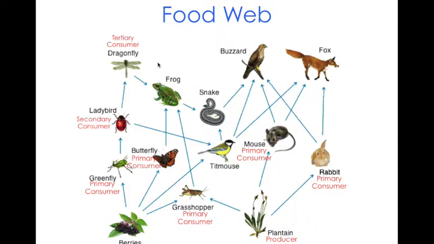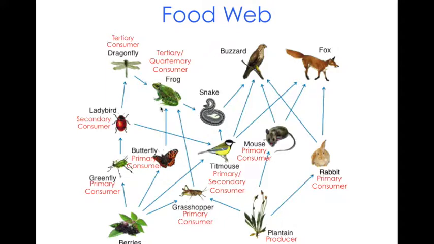and you can see here there are a few animals that are both primary and secondary, and in some cases tertiary as well. So the titmouse here actually doesn't fit neatly into any particular category. You can call it a primary consumer, secondary, or tertiary. But in this particular case, I'm just going to call it a primary/secondary consumer. And the frog also doesn't fit neatly into any particular category, so we're going to label him a tertiary consumer,